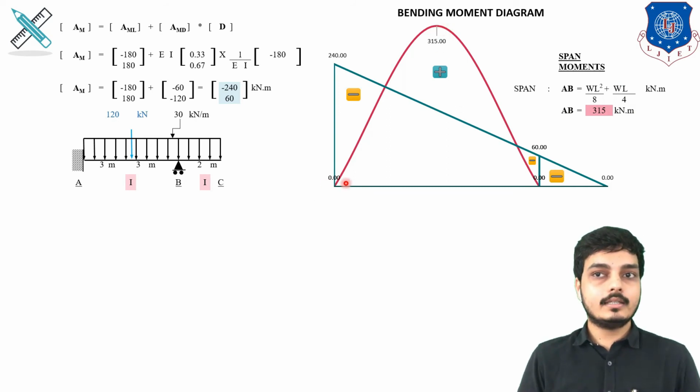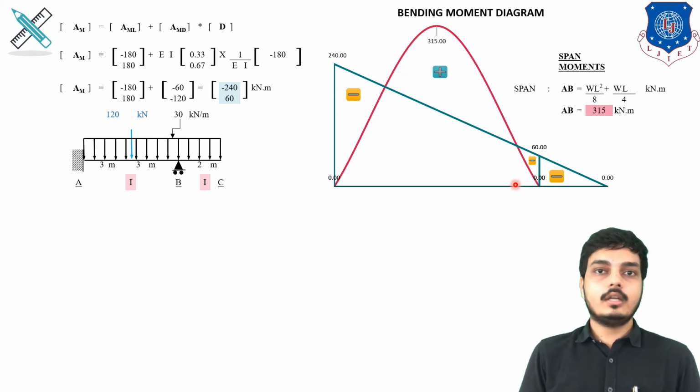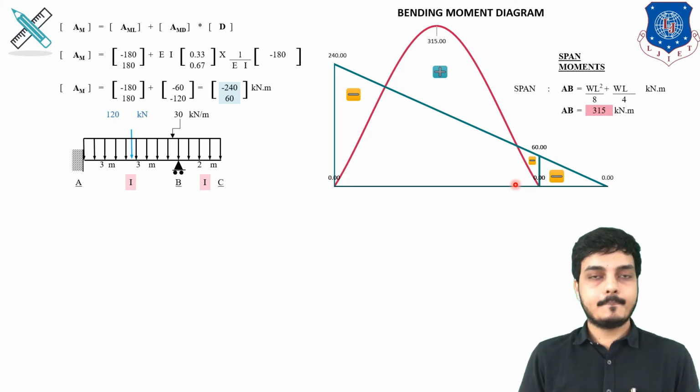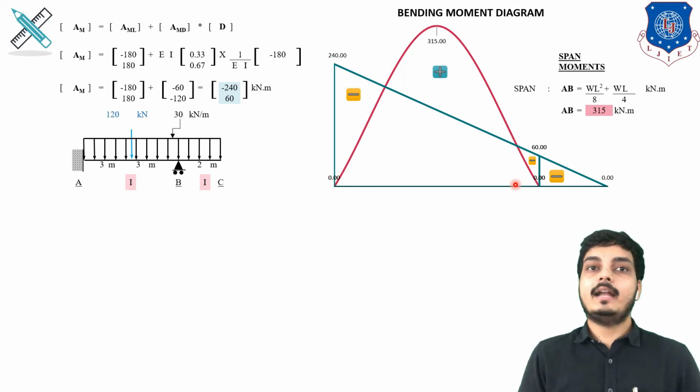Now you have noted that this has been made a curve, not a triangle. Yes, for point load it will be a triangle and for UDL it will be a parabola. But the combined effect will be a parabola only, because UDL is at every meter and point load is only at the center. So the effect of governing will be of UDL. So we will be making a curve kind of figure.